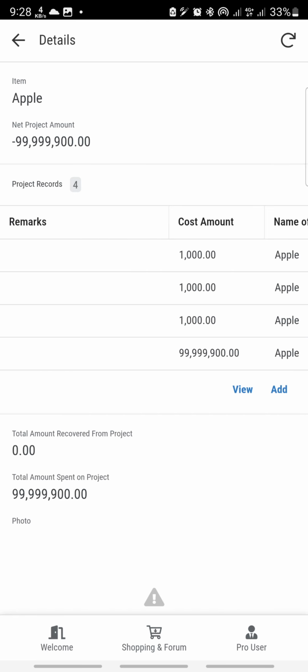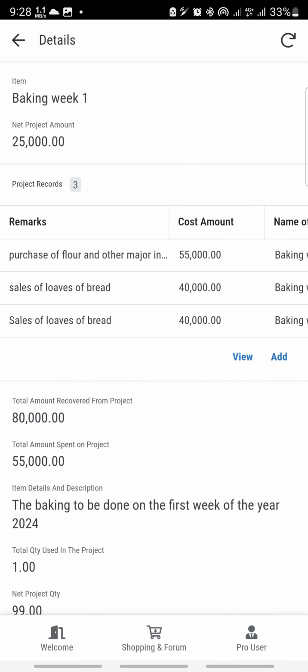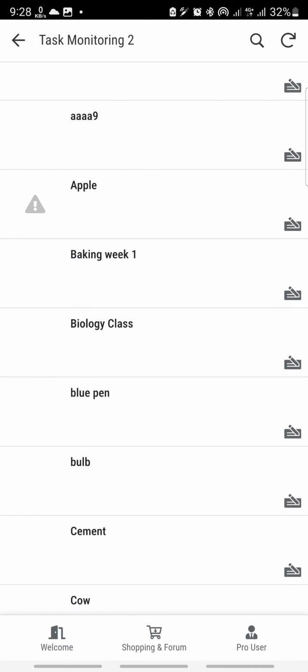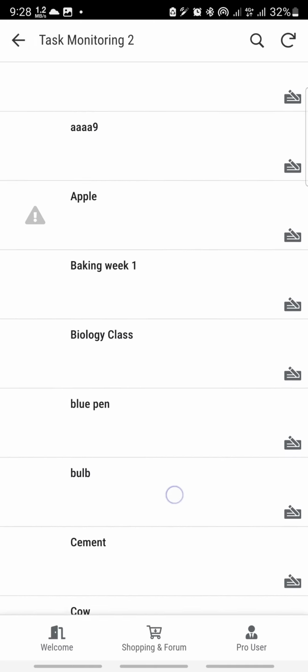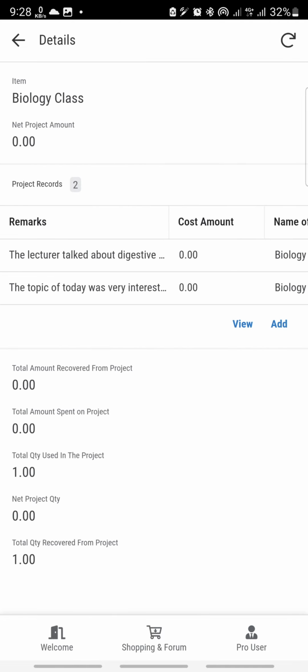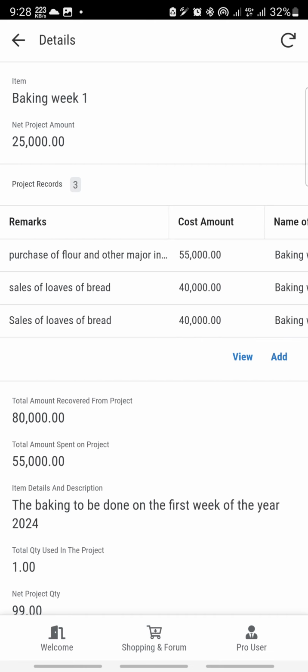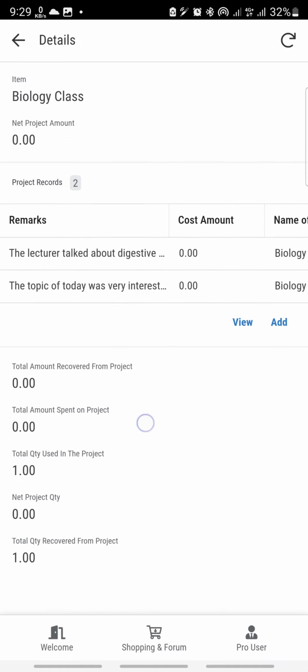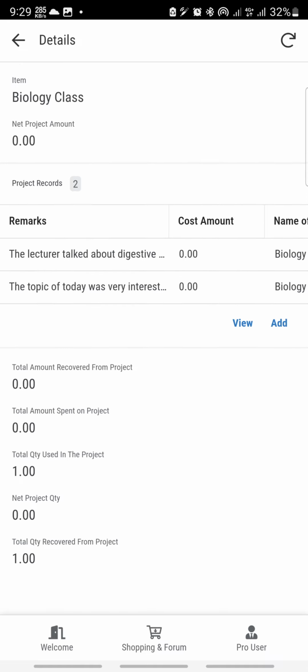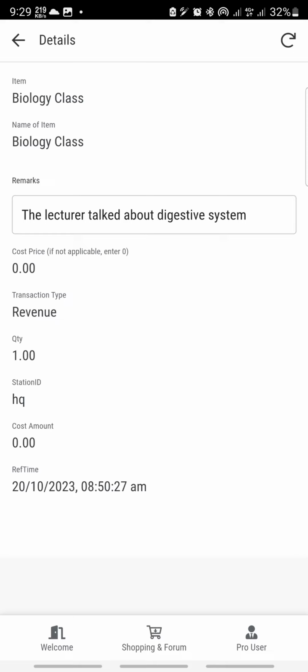Now this is just one of the scenarios, please. One of the scenarios in which we monitor what we may call projects or tasks. Let's look at another scenario we once had. Now this is a biology class. If you check here, it does not involve money. This man was just using it to monitor his lecture notes,